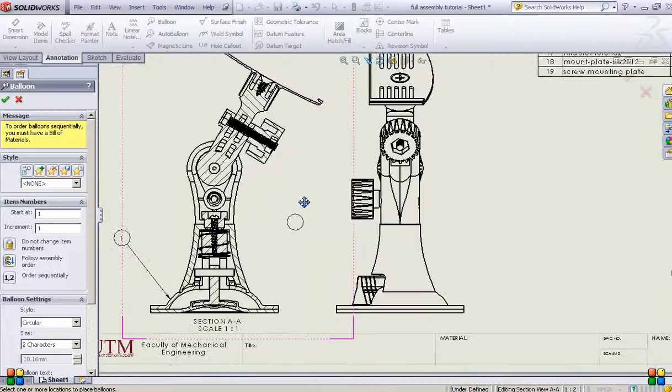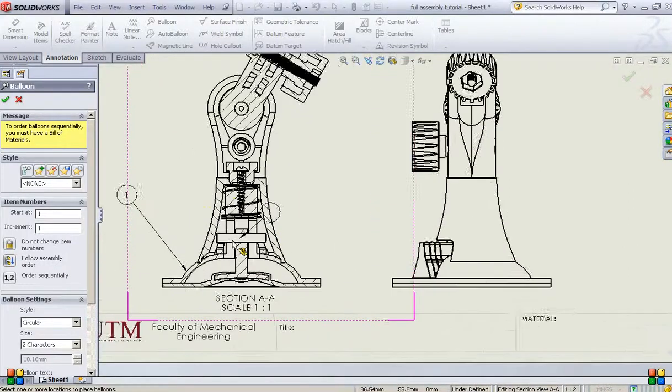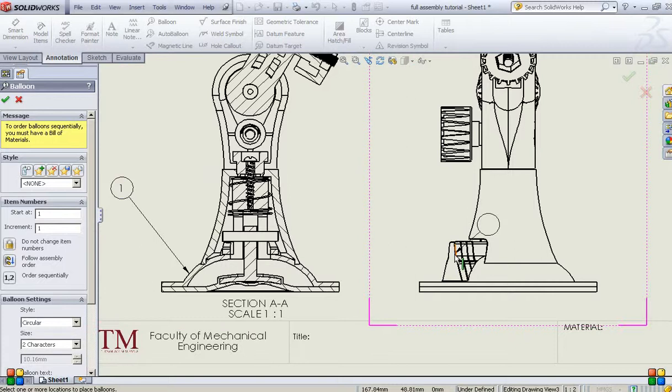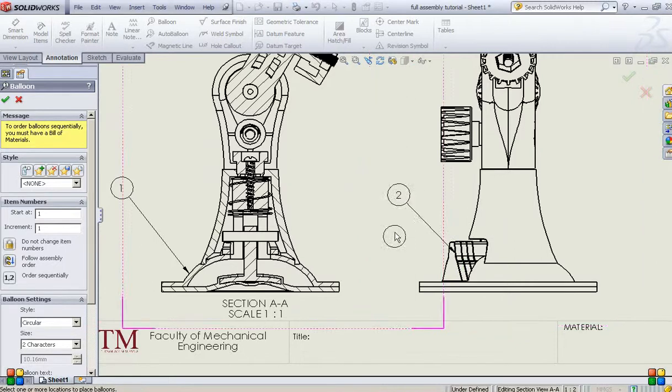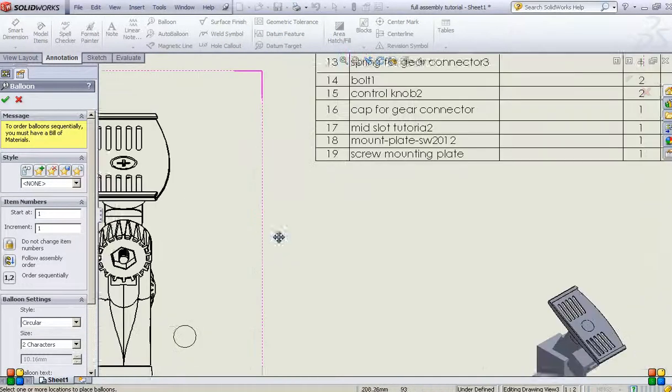Testing wrap is this component. Okay, this will be our component number 2. And the next thing is the